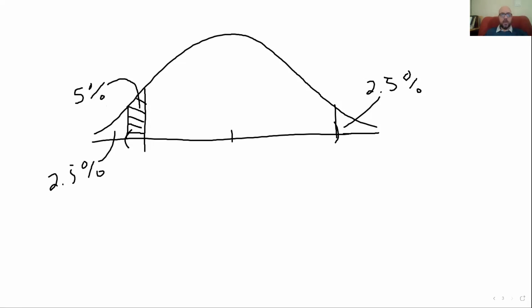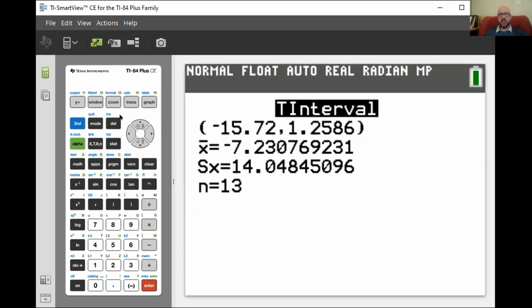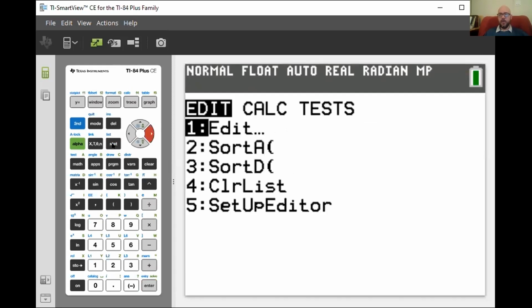So I'm going to go ahead and go back to the calculator. I'm going to make a 90% confidence interval just to show you that that's what happens here, right? So this is barely on the inside. Oh, I drew it on the wrong side, didn't I? Whatever. That 0 is barely in this interval, and if I go and make a